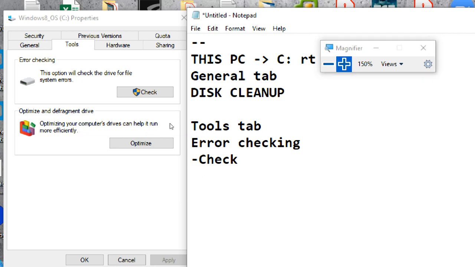That is also important, no? What will it check? It will check your file system, whether it is good or not. Whether your file system is properly there or damaged. Whether tracks and sectors are good or not.